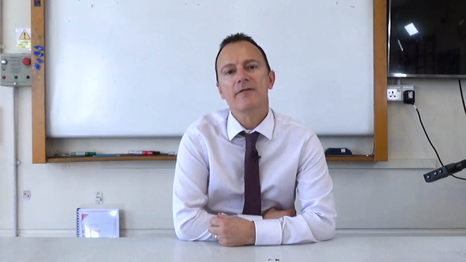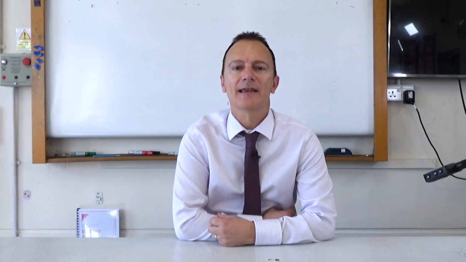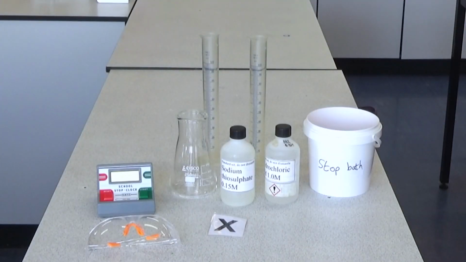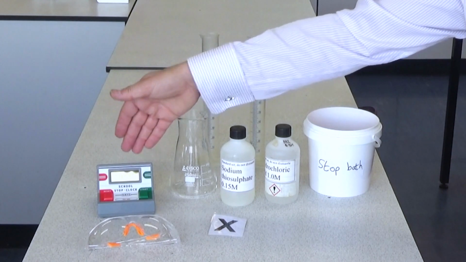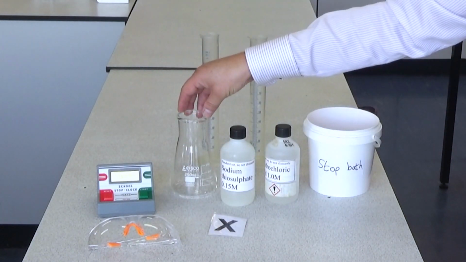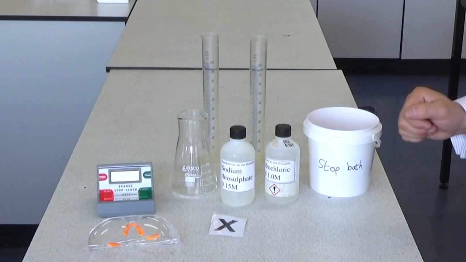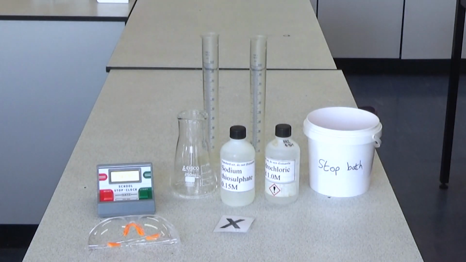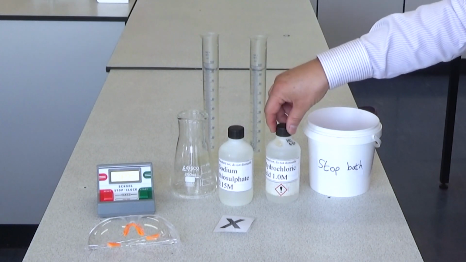We're going to be using the reaction between sodium thiosulfate and hydrochloric acid. To carry out this required practical, you need a stopwatch, safety glasses, conical flask, 2 measuring cylinders, a piece of white paper with a large cross on it, and the chemicals we're going to be using are sodium thiosulfate and